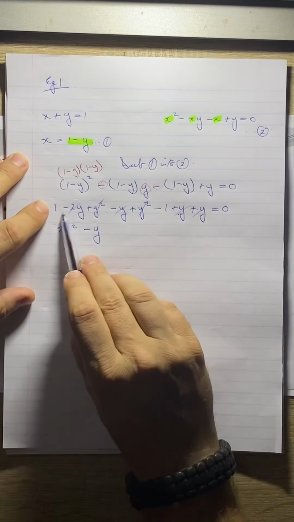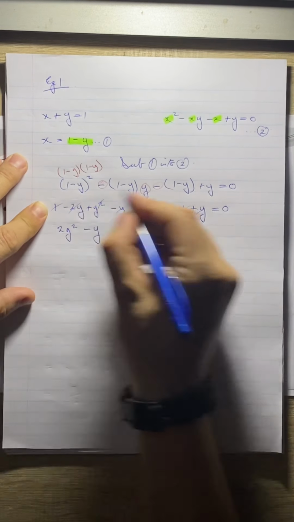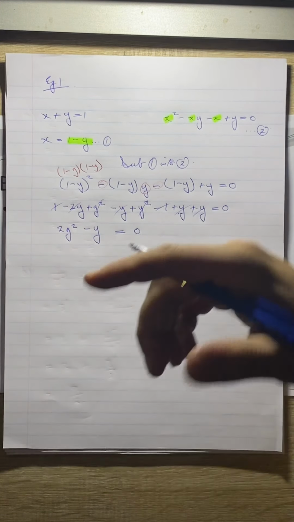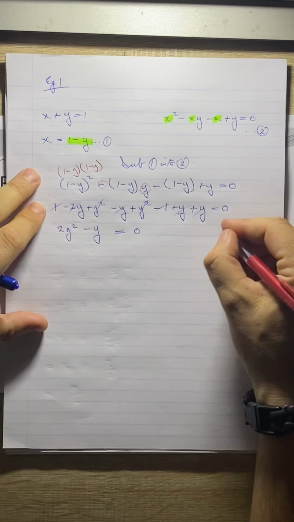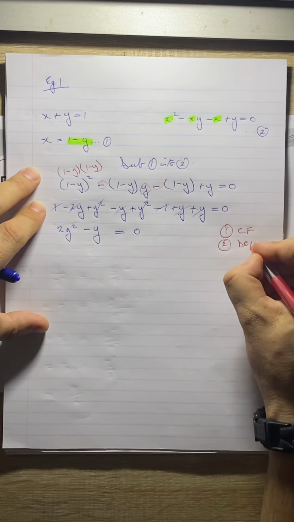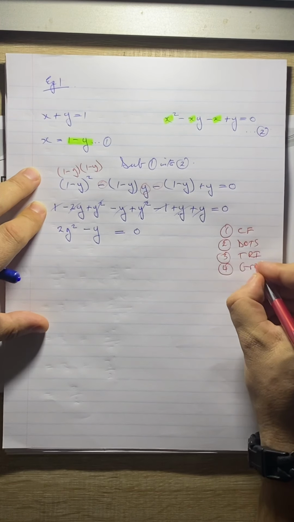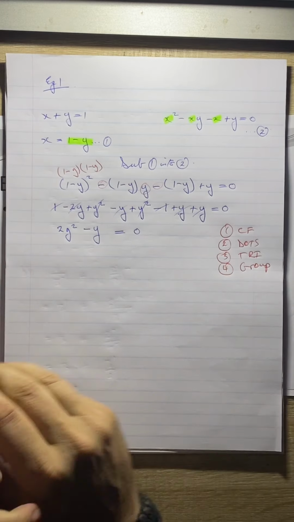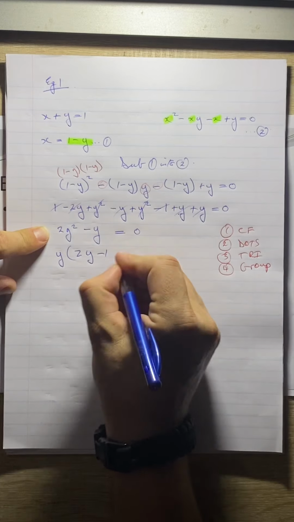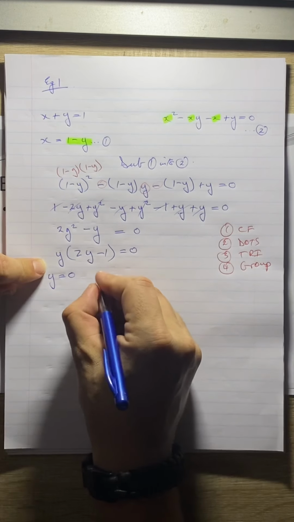All right. Then what are we left with here? 1 minus 1 is 0, so they cancel. And what I can do here is now I can solve for this. Remember that this is your equation, so we're going back to your factorization, guys. Now remember with your factorization, you've got common factor, you've got difference of squares, you've got trinomials, and you've got grouping. Okay, so those are your four things that we're going to be looking at. So over here, I've got a common factor of y, take it out, and we're left with 2y minus 1 equals 0. I can solve here, so we get y is equal to 0, or,